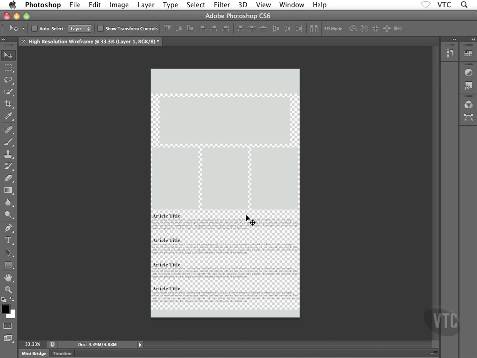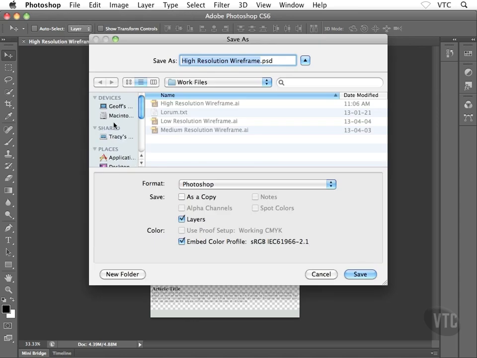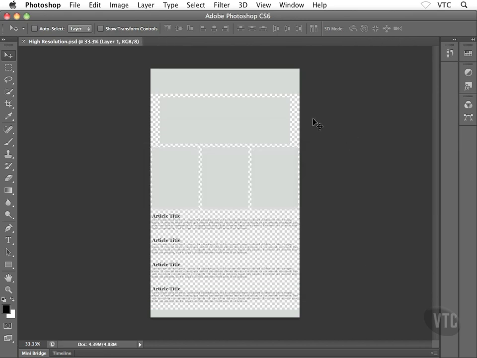The last thing I want to do before we move ahead is make sure to save this. So I'm going to head up to my File menu and then down to Save As. I'm going to save this into my Work Files folder, and I'm going to make sure that I'm saving it as a .psd. Make sure your file format menu down towards the bottom is set to Photoshop. And I think I'm just going to call this high resolution. We could call this high resolution design, I suppose, or whatever makes sense for you. I'm just going to go high resolution.psd. Okay, and of course this is going into my work files folder. Go ahead and click on OK, and then click on OK one more time in that confirmation dialog box.